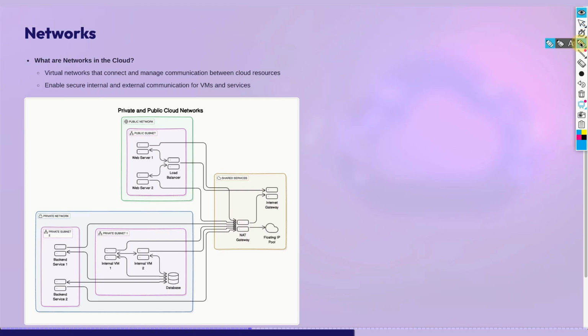So if we have a look at this diagram here, we can see that we have private and public cloud networks. Our private network is split up into 2 subnets, which contain services and internal VMs, and all of these things are funneled through a NAT gateway, and that's the only way they can be accessed by anything externally. And we would have a floating IP with some routing rules that point you to the proper